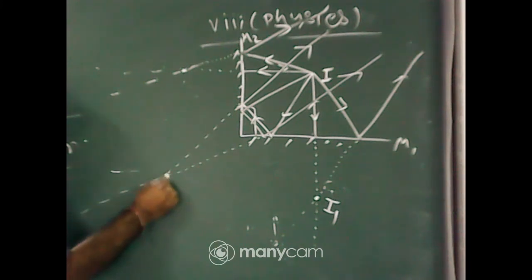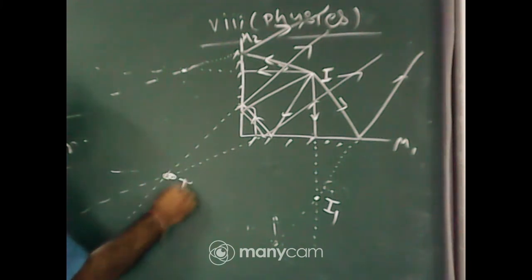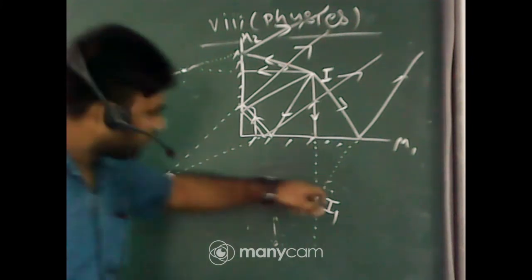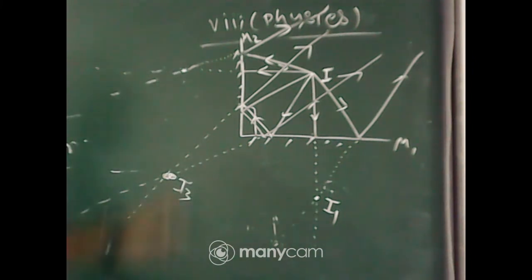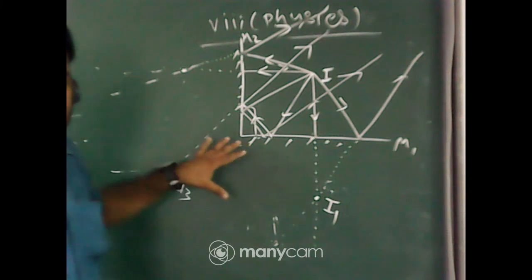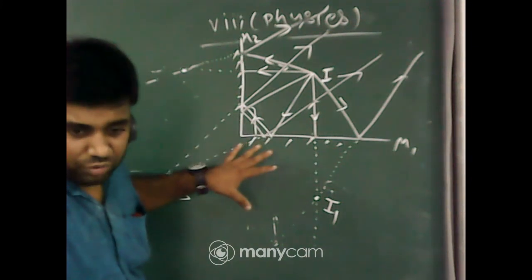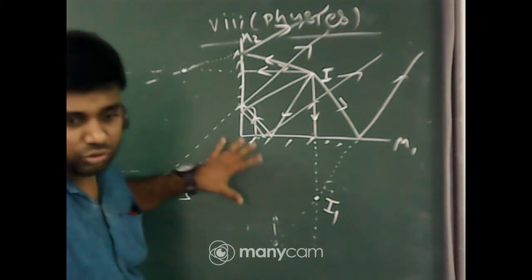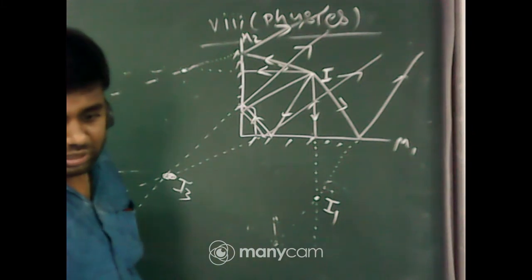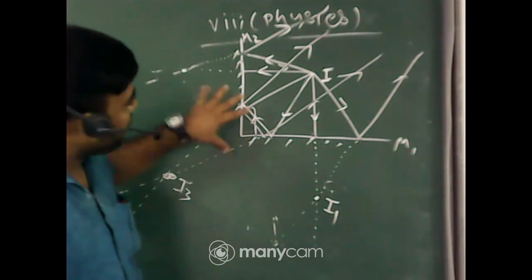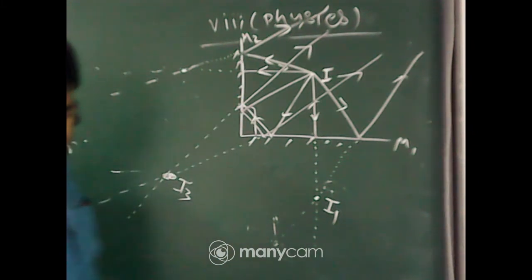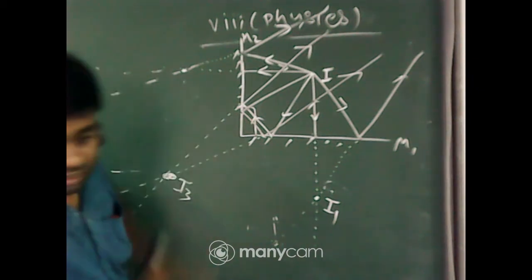So where is the intersecting point? That is I3. Got it? So how many images do I get? 3 images. First of all, this is not an easy calculation, an easy drawing. If you understand it, it is very much okay. It's not an easy image. That is from the 11-12 section. Got it, everyone? So how many images will I form? The 3 images.